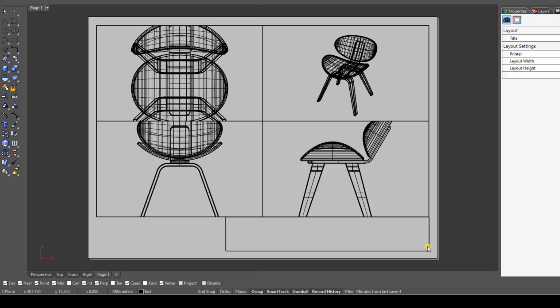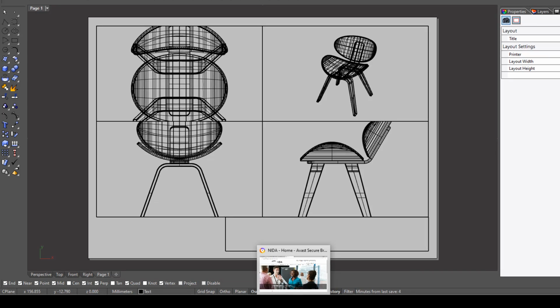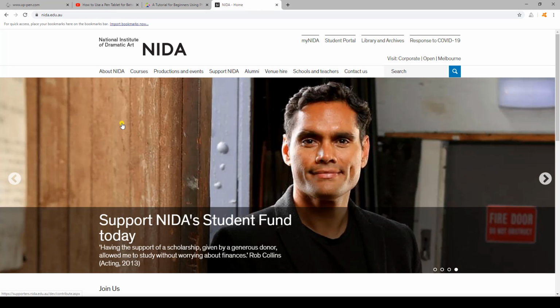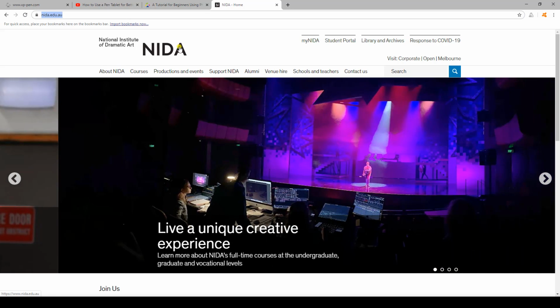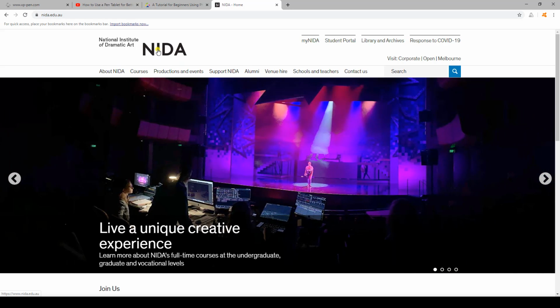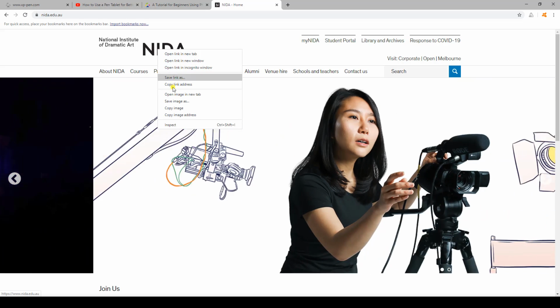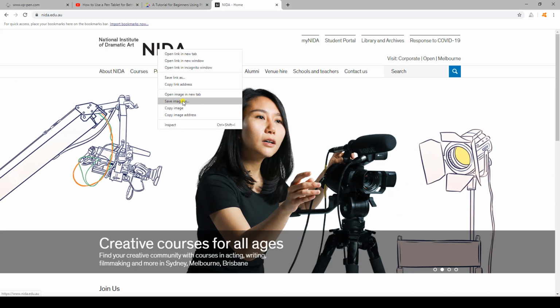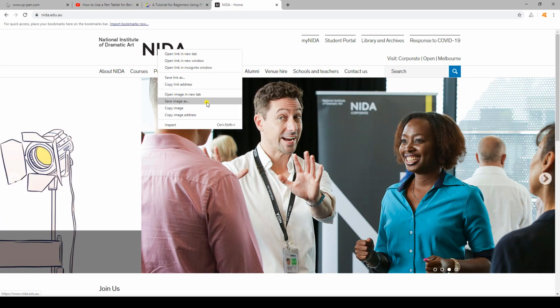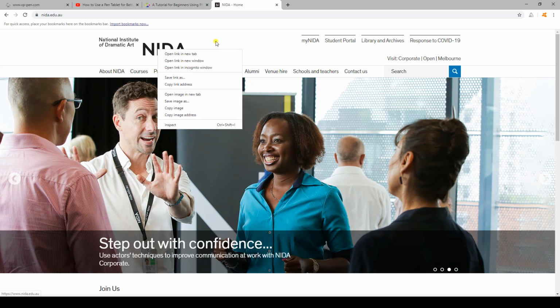And the first thing we'll do is place a little logo in here. So if you've got your own logo, you can place your own logo here. If not, you can use one of the NIDA ones. So I'll just open up my browser here, and you can see I'm on the NIDA homepage, nida.edu.au, just the main homepage there. I'm just going to right click on the logo, and I'm going to save the image down to my downloads folder. Just right click there,